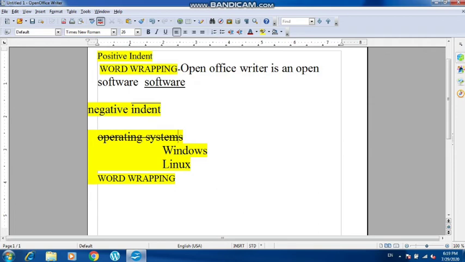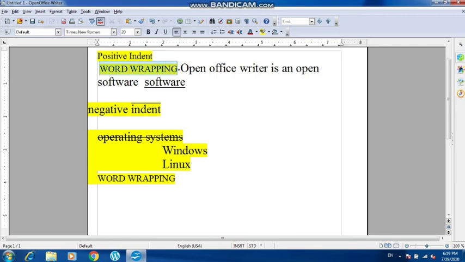So suppose you want to copy the text and again paste it, you can select the particular text, press Control C and then press Control V, and it will be pasted. There's one more question, students: what is the difference between moving and copying of the text? When you copy the text, it is copied from one location to another location, from the source to the destination, and it remains in both places.